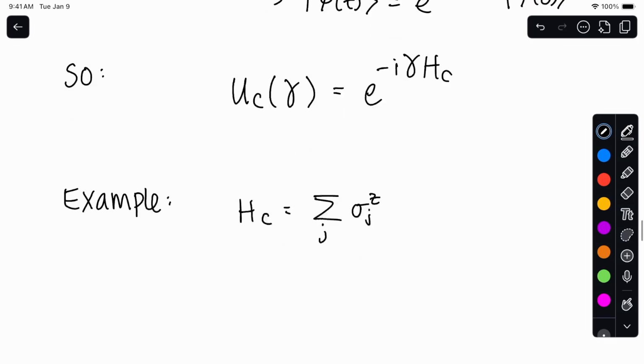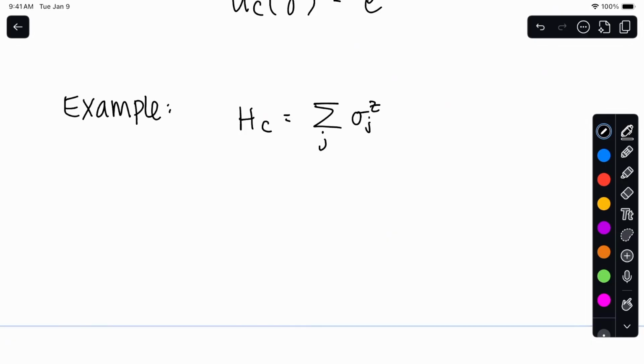So let's consider an example. If HC was just a sum of terms of the form sigma z at the site j, then our UC would be e to the minus i gamma sum over j sigma z. And then here, since all of the terms commute, Pauli z on site j commutes with Pauli z on site k, then we can actually just rewrite this as